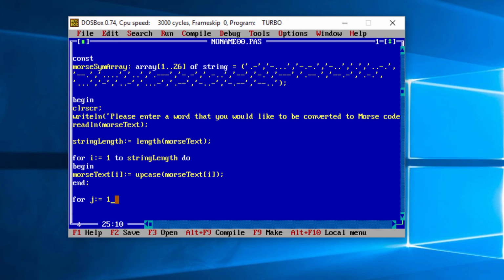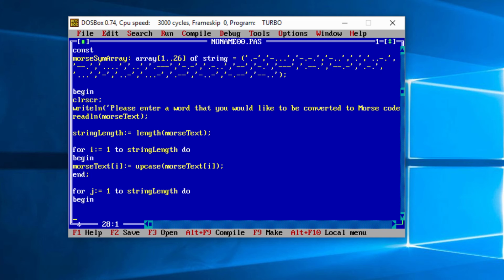equals 1 to string length, same as before. Do. And then we want a begin and an end, which we finish with a semicolon, and we need another variable as well, so we'll call that k